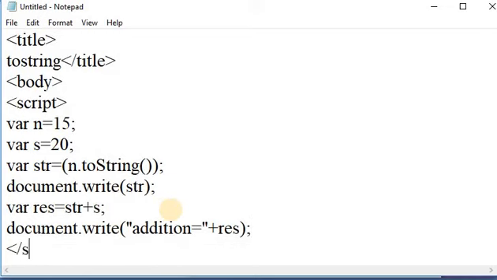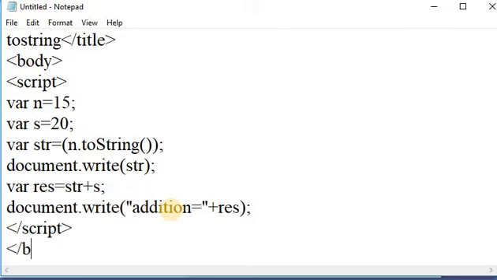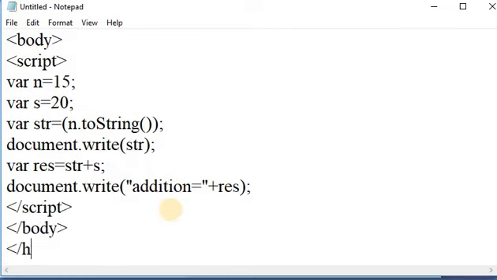Close the script tag, close the body tag, and close the HTML tag, and here take a break tag.